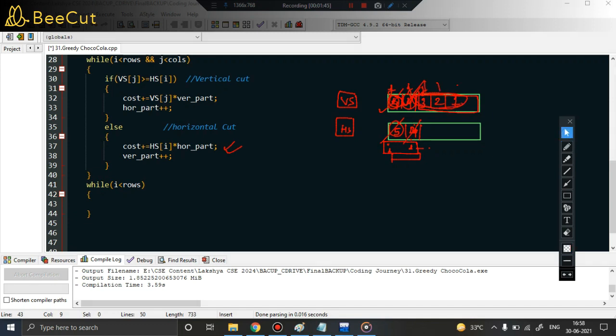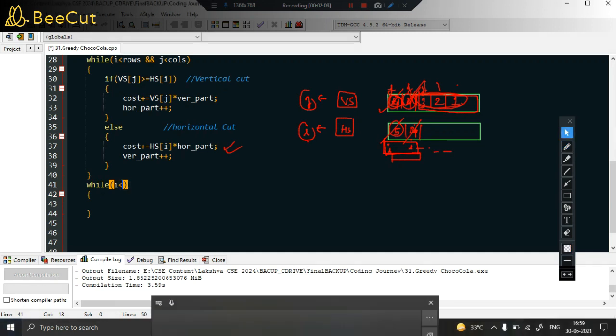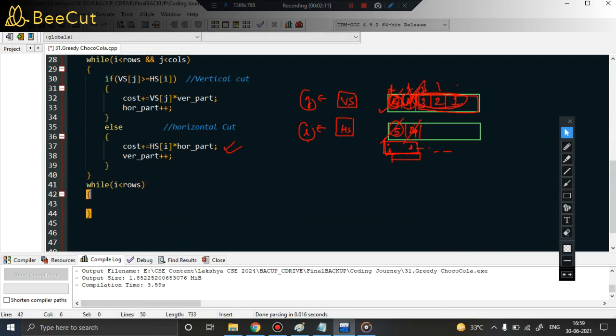That is why we are going to use a while loop, which will basically be j, and j less than what? Let us say i less than what? Keep in mind that the j pointer was used in this array, and the i pointer was used in this array, right? So what is this? The number of rows. So i less than rows is fine, okay.